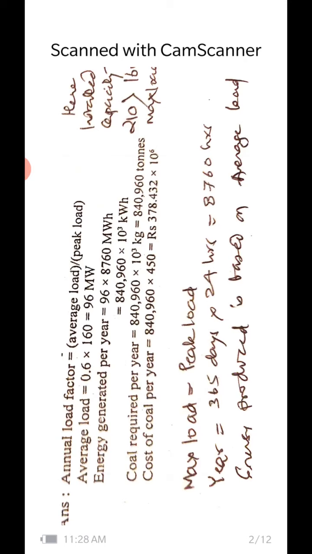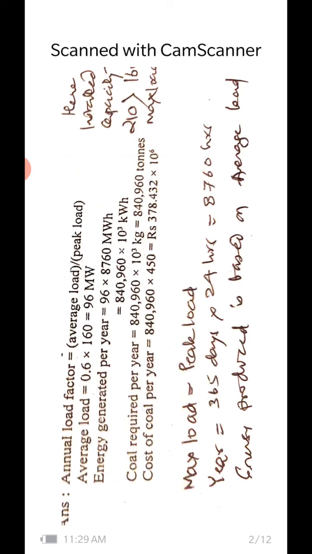So the annual load factor is equal to average load divided by peak load. What is the load factor? It is equal to average load divided by the peak load. Now rearranging this, average load is equal to annual load factor into the peak load. Here the installed capacity of 210 megawatt we are not considering because it is greater than the 160 megawatt of the peak load. Please understand, the 210 megawatt installed capacity I am nowhere considering because that is higher than the peak load. Peak load is only 160 megawatt.